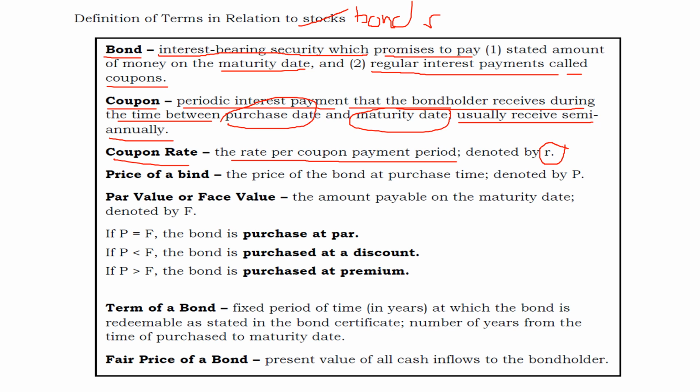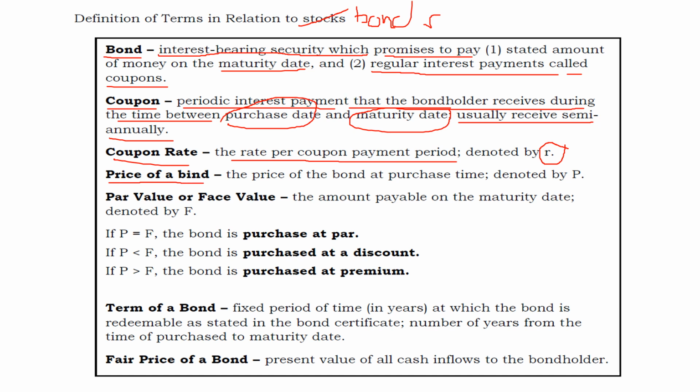And the bond coupon rate is calculated on the bond's face value or par value, not on the issue price or market value. So you need to take note of this. The coupon rate is calculated on the bond's face value or par value and not on the issue price or market value. Now, the next term is the price of